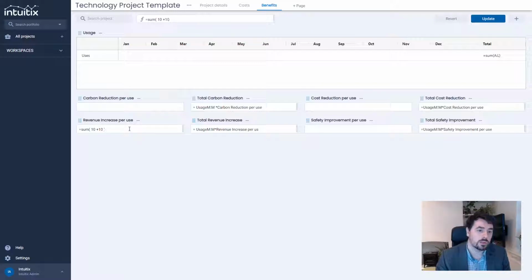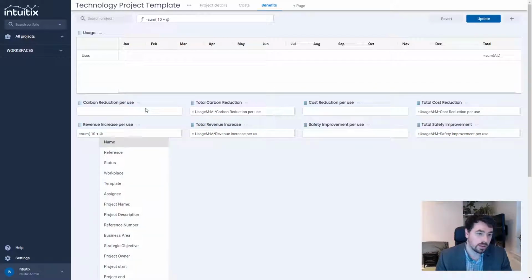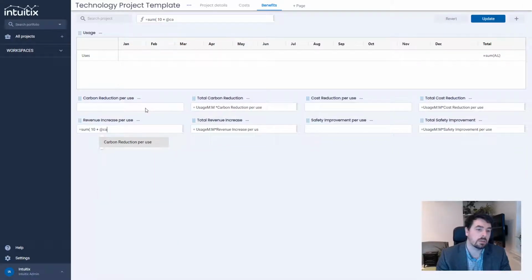However, what we might want to do is reference other fields in this formula. So we might want to do like 10 plus this field up here. Now there's two ways we can reference this particular field. As we're in a template, we could reference it using the syntax method. The syntax for this is using the @ symbol, and then we would obviously type in carbon reduction per use,